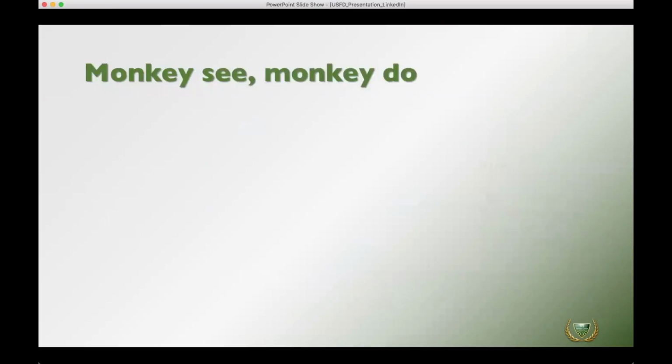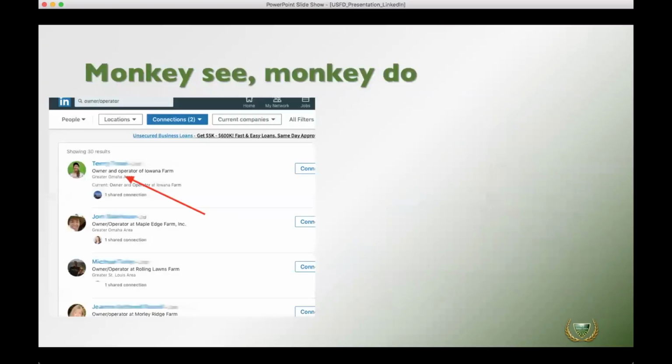Okay, monkey see, monkey do. This is number 5 of 6. So everybody's familiar with search results. And as we're looking for people, sometimes you can speed up response times by mirroring language. It's the words that they use. The more you sound like them, the more